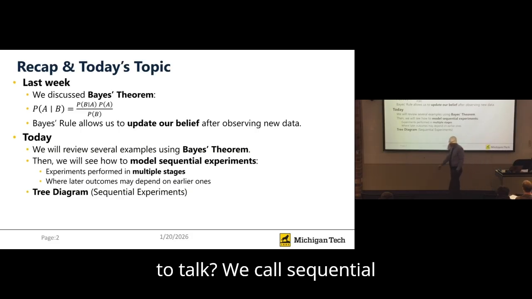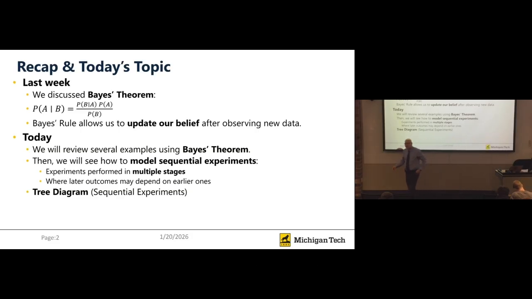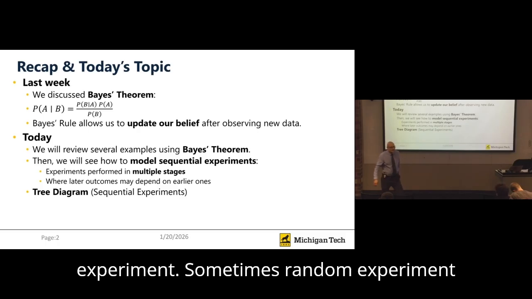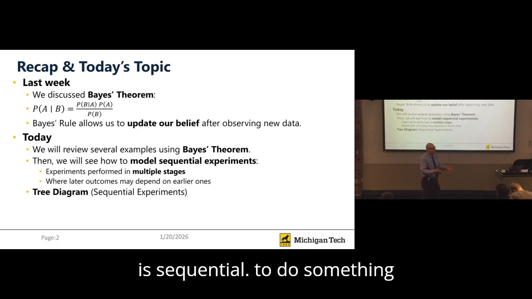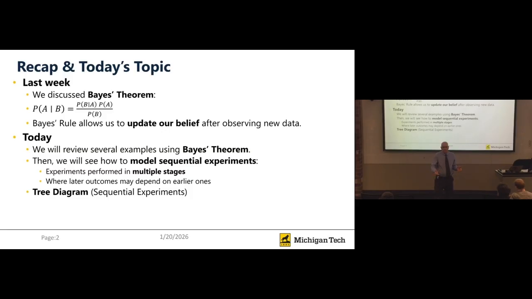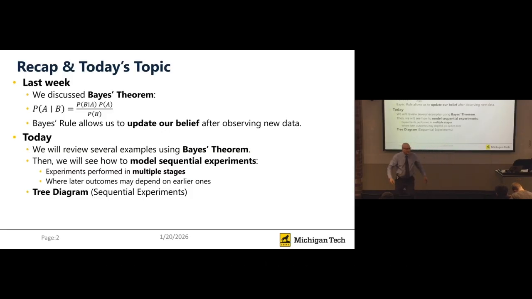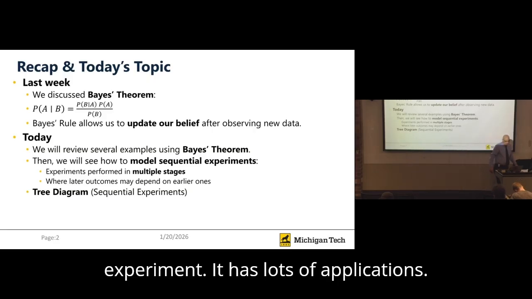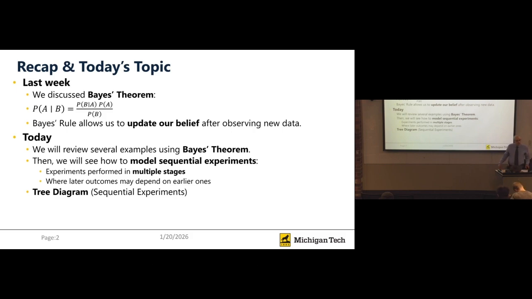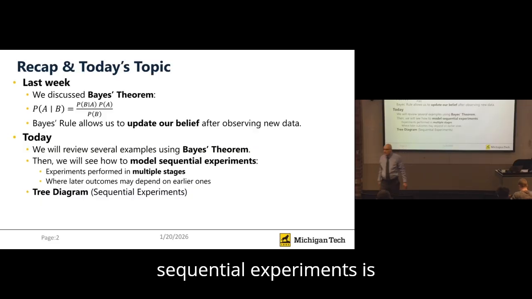It's called sequential experiments. Sometimes random experiment is sequential. You do something random and then do another random and go forth. That's called sequential experiment. It has lots of applications. Dependency between these sequential experiments is